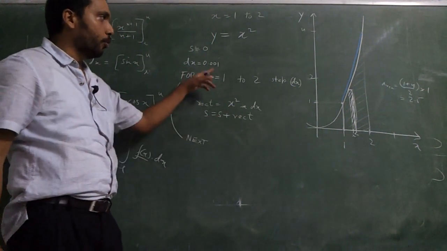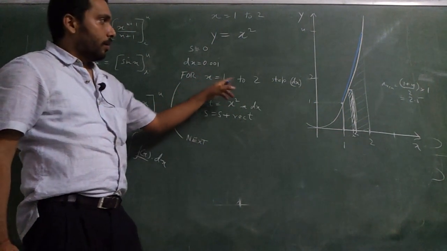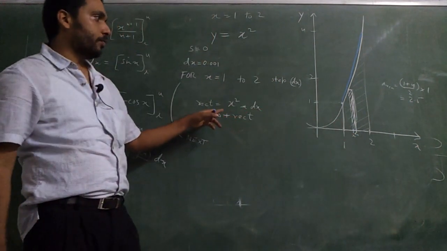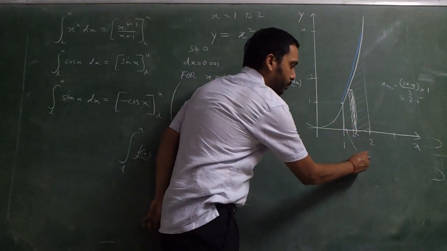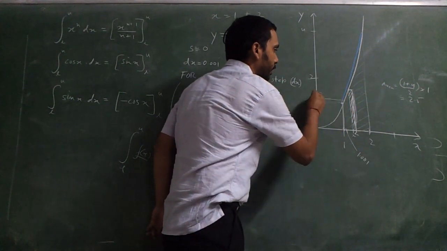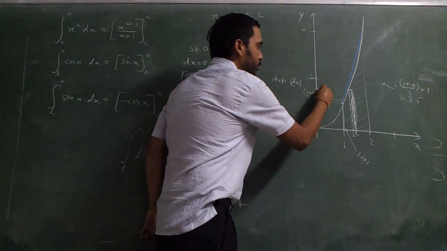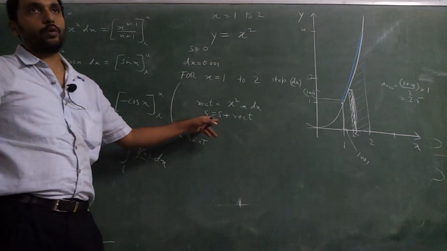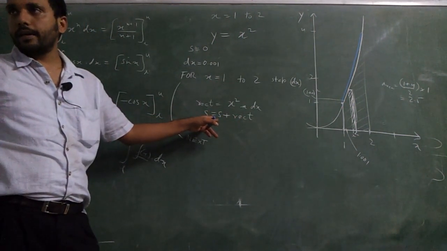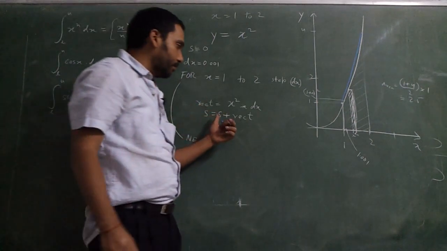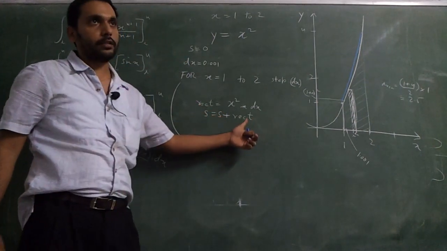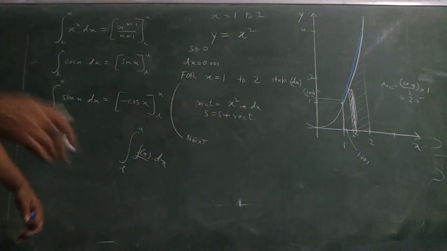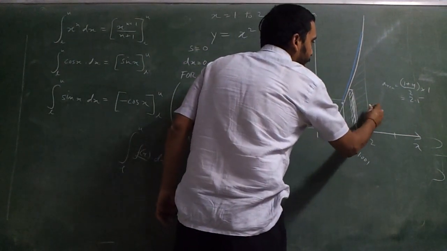In the next loop, what will be x? 1 plus 0.001, so it will be somewhere here. At 1.001, the height would be equal to how much? 1.001 square. So 1.001 square into dx, you will get the next rectangle and add it to the previous sum of rectangles. So s will become the previous rectangle plus this rectangle, a 2 rectangle sum. Next loop it will become 2 rectangles plus 1 more, a 3 rectangle sum. So it will keep on adding up all the rectangles till the end.